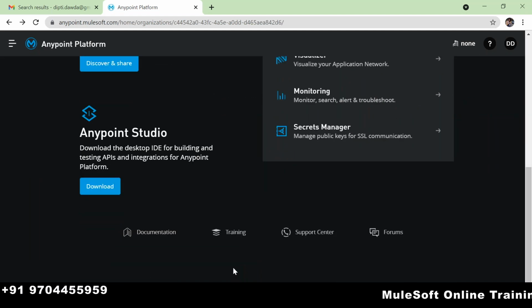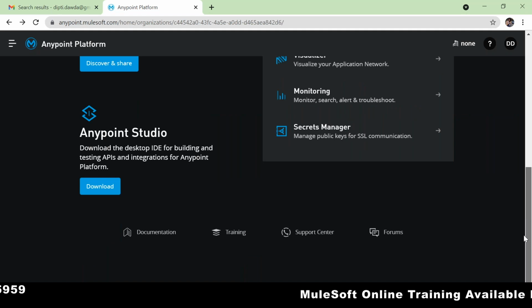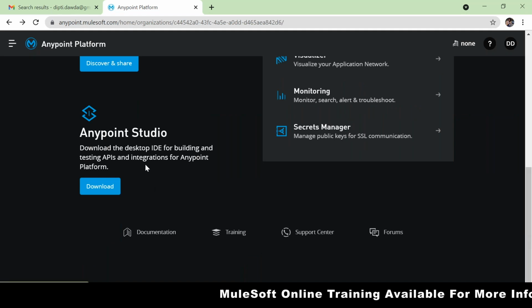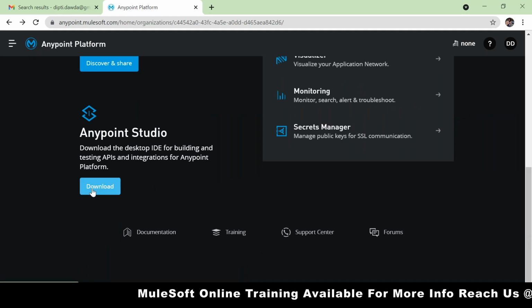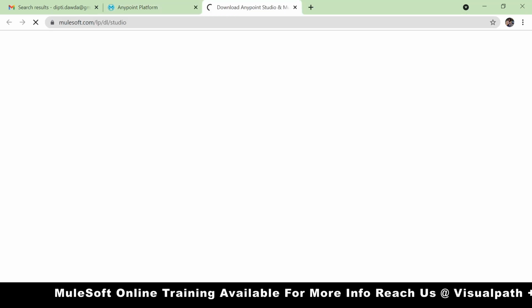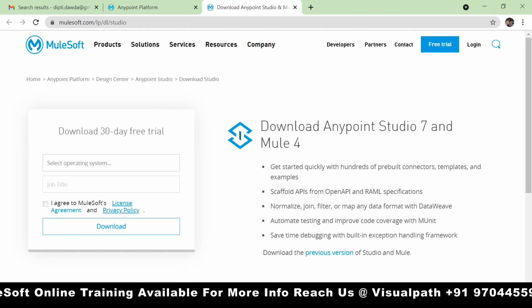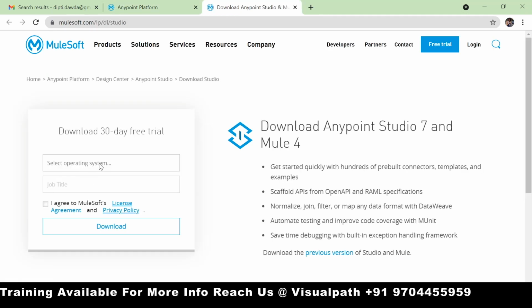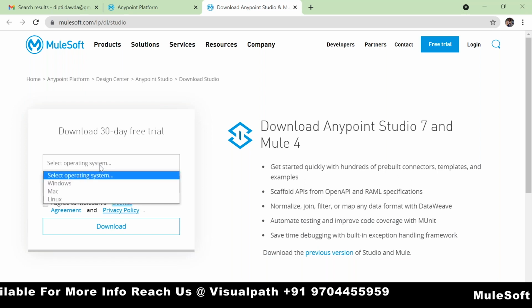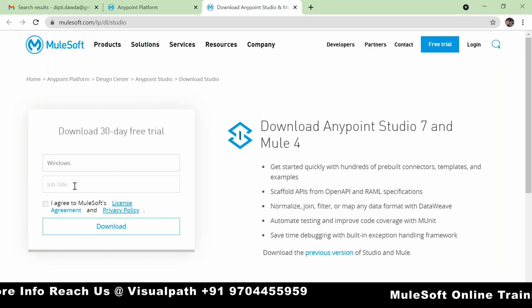Not now. Scroll down, scroll to the end. You can see Anypoint Studio, right? You have to click on the download option over here. Just choose the operating system and these minimum details.